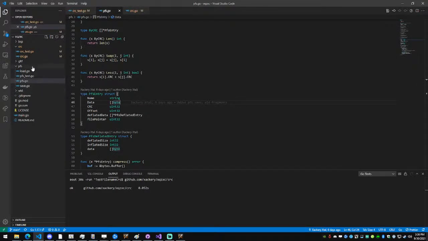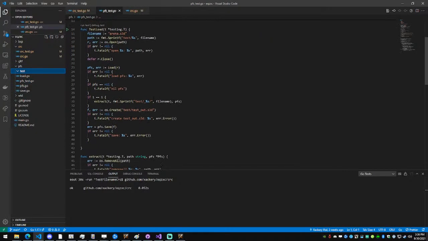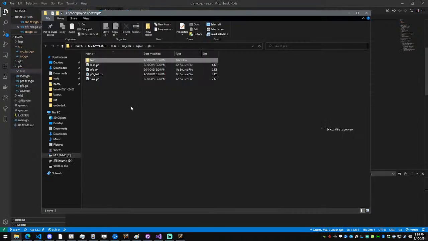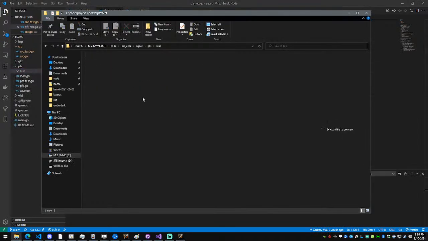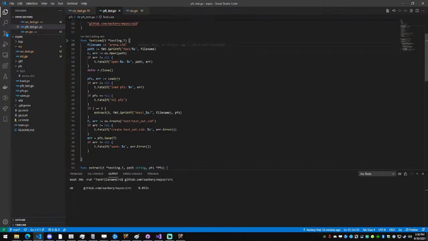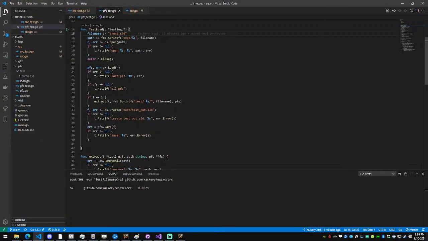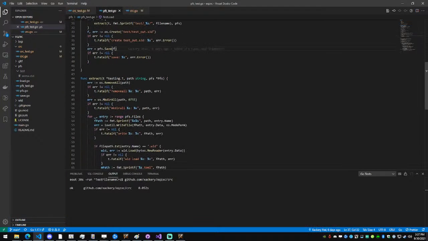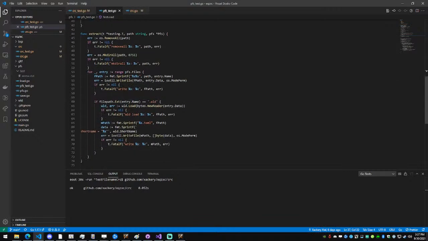Anyways, what we're going to do is make a test folder real quick. We're going to do the PFS test here, and then here we're going to put the arena.s3d and set it here. Okay, so after we load and extract, we're going to try to do a save operation. And when I do a save operation,